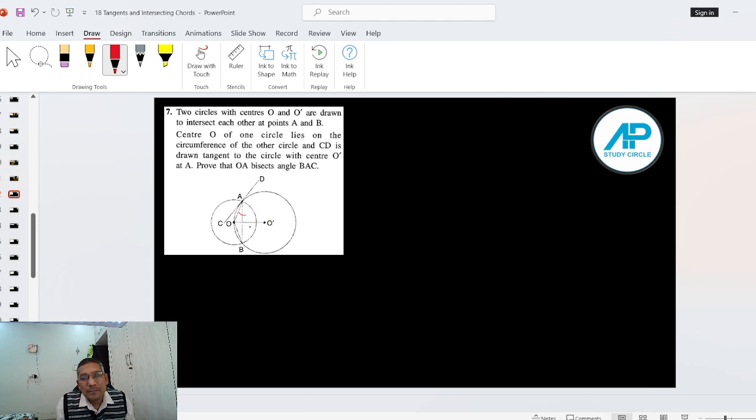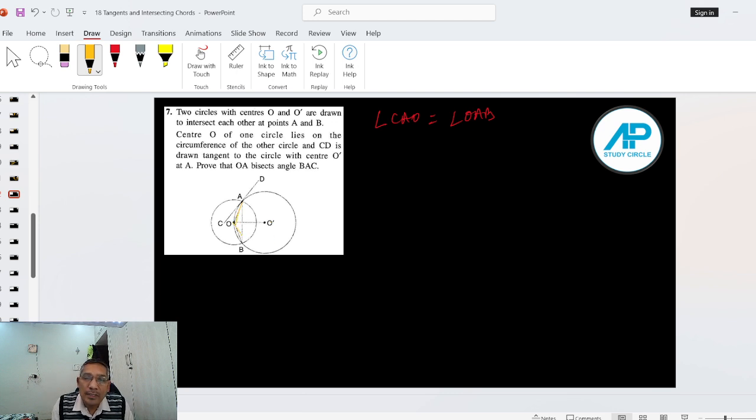This angle and this angle is required to be shown equal to angle OAB. That is to be shown. Right. Now you see here, what should I do? I should first of all find out where the equal angles are and what it is all about. So you see here carefully that this OA